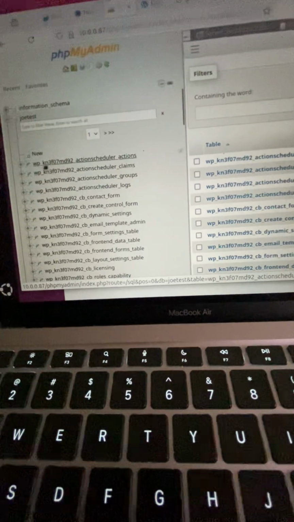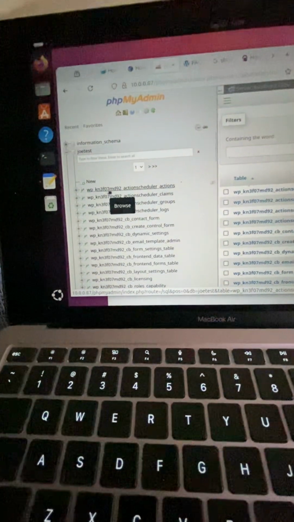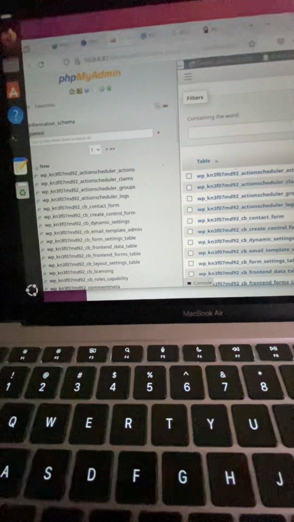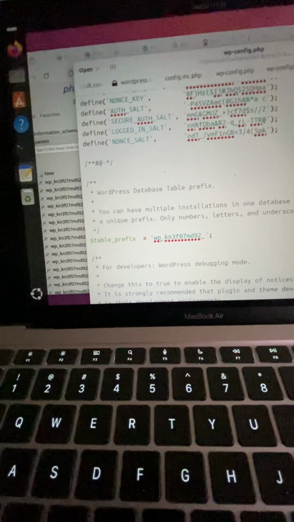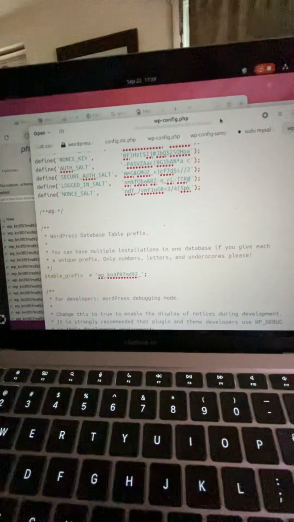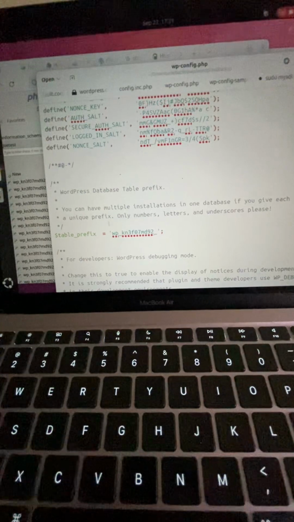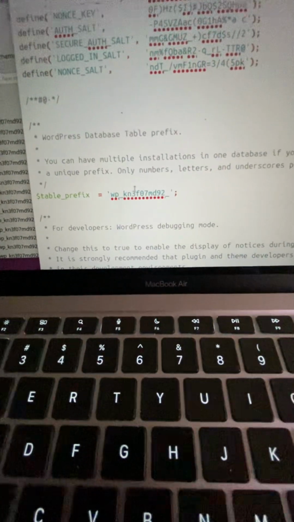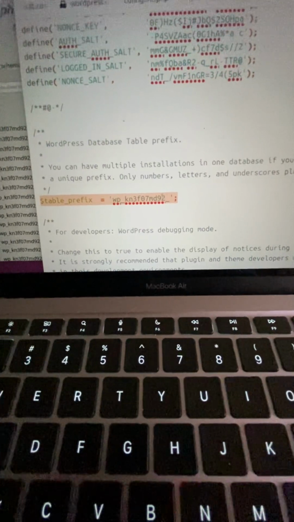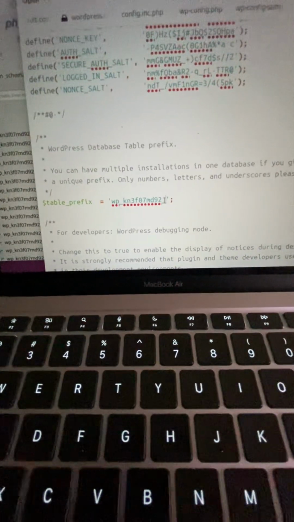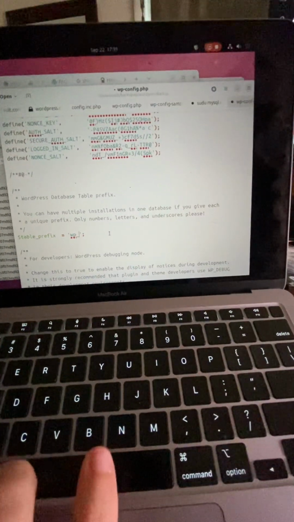These are all the ones that are in there. Now it has this thing in the middle, and you have to keep this in mind. This is how they set this up on their end, so you're going to have to match this, otherwise you will have to rename all those tables. What I'm talking about is, if you click the wp-config PHP file that you downloaded from your backup and scroll down, you're going to see this thing called table prefix. So all your tables are prefixed like this. In the normal WordPress install, they would be prefixed like that. So just change it to match so you don't have to do